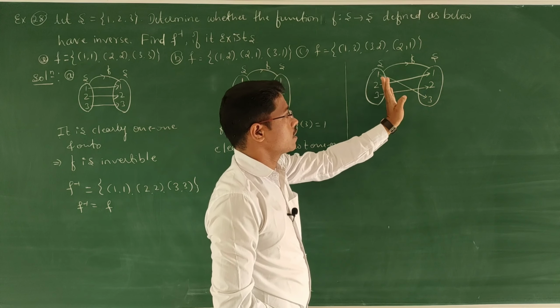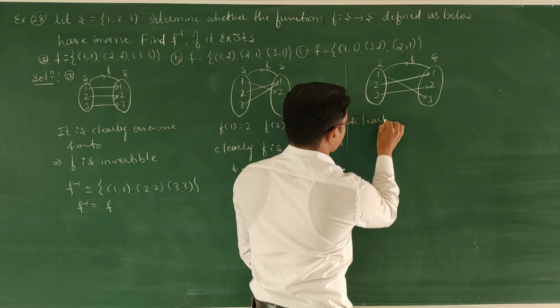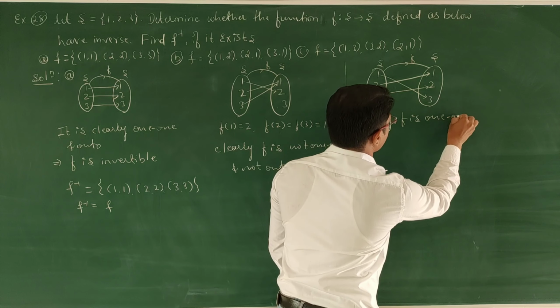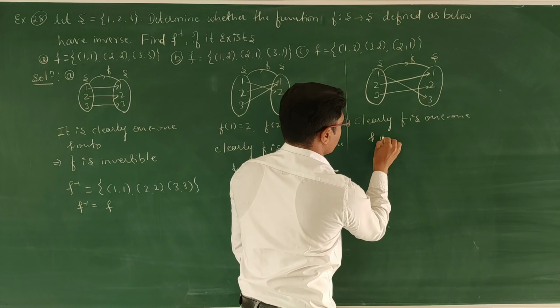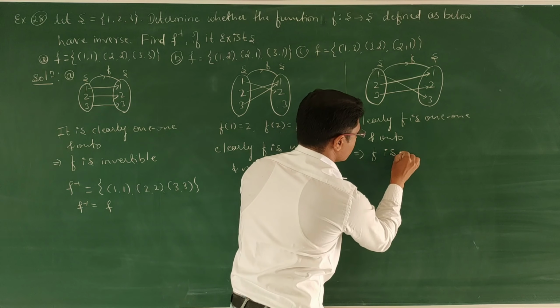So it is one-one and onto. Clearly f is one-one and onto. So this implies f is